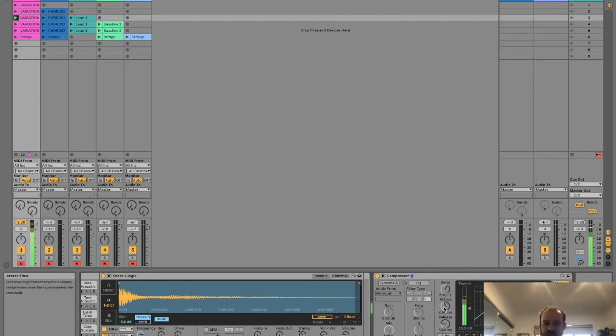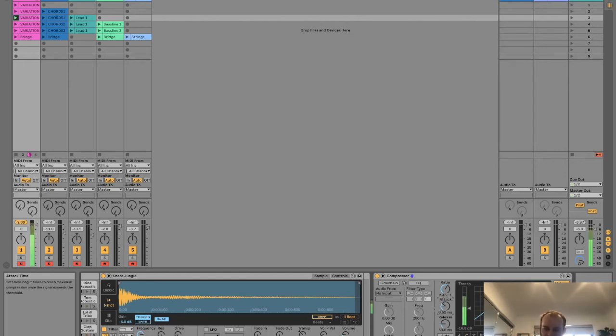And you can change the attack and the release of the compression, which means how quickly the compressor opens and closes. Now with a fast attack, the compressor is going to open up straight away, and then with a slow release, it will slowly close. And you can change these by just turning these knobs here. So I'm going to make a not too fast attack,